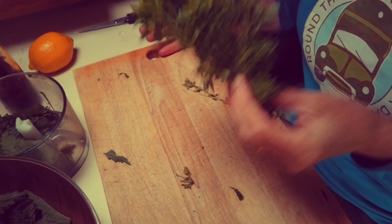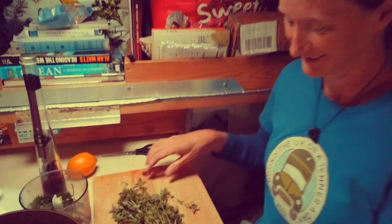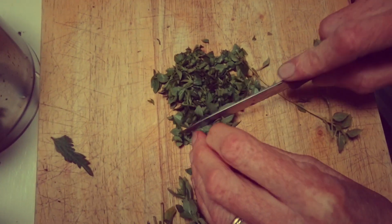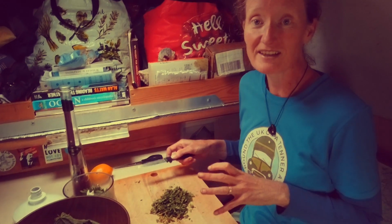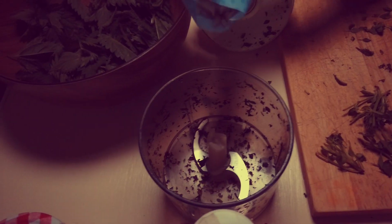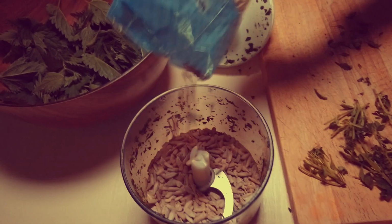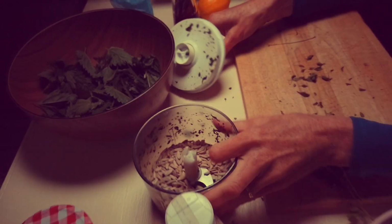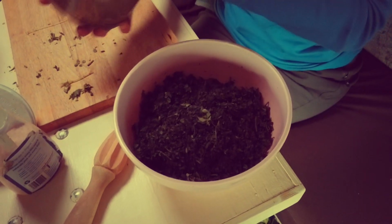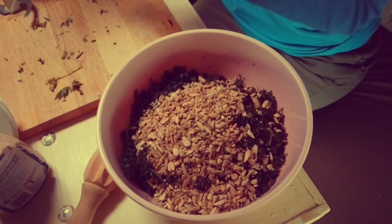Really fresh, homegrown bunch of basil, and we're going to put that in with our nettle pesto. I'm going to put the rest of the nettles in the whizzer now, along with the basil. I've got a handful of sunflower seeds to create a little bit of bite, and I'm just going to quickly blitz them too. So we're going to put the blitzed sunflower seeds in with the nettles, and then because we're making this a vegan pesto, we're going to put some...